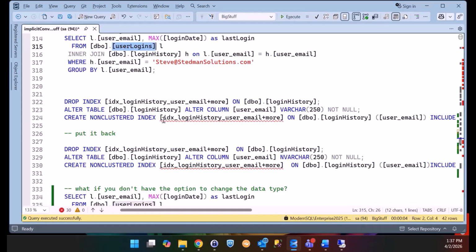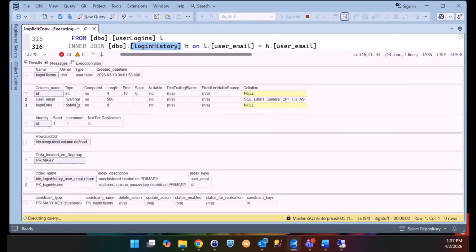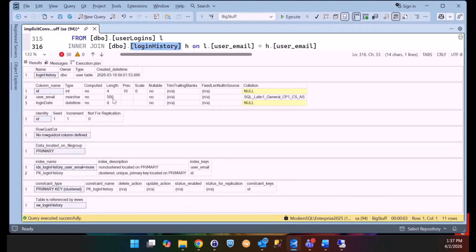Okay, then we'll look at login history, and user email is of type nvarchar 500. So how does this happen? Well,